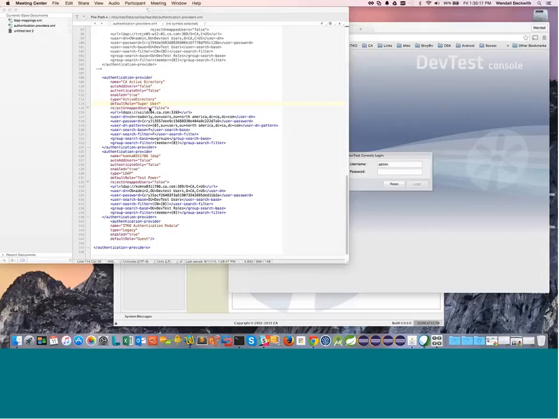You can also enable and disable these providers, so you don't have to delete the element. A certain authentication provider might be temporarily down, and so you can come in here and just change this from enabled true to false, and then it'll be taken out of the queue of being active, and we won't try to hit that, taking up time. The other